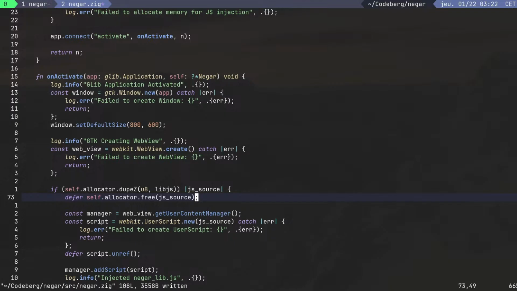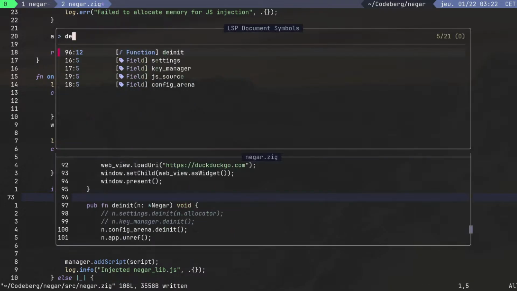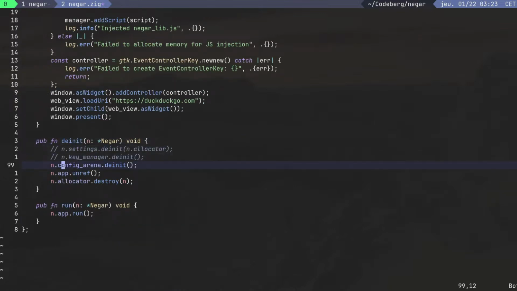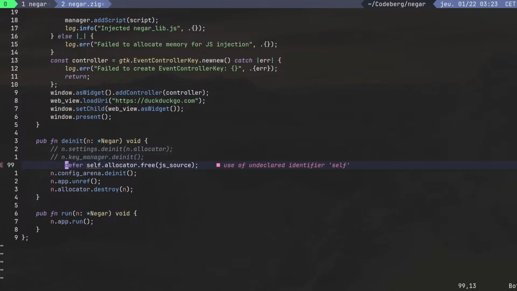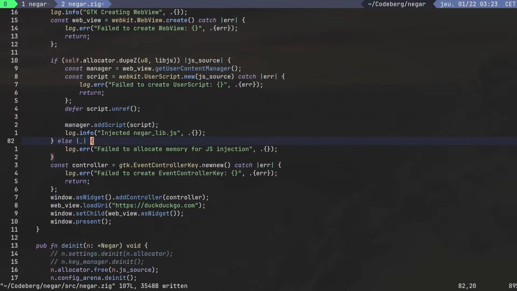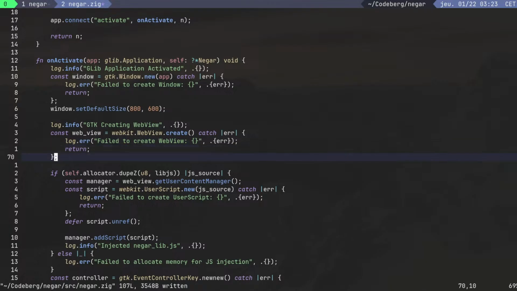And then here, we can just do this in the init function somewhere. Free and .js source. And then here,